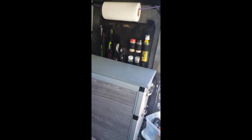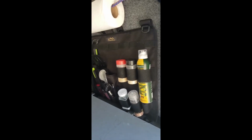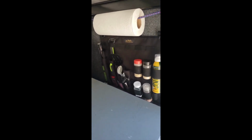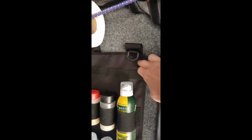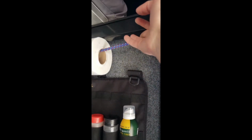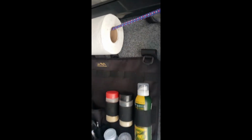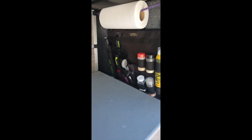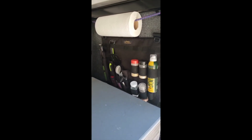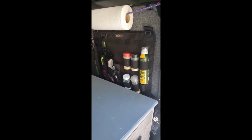All right, so there it is, hung up, just attached with Velcro in my instance because I have carpet back there. But again, it comes with little D-rings, little dowel spots. I mean, we thought about hanging it up under the lip of here off of this guy, but the Velcro works out really easy. But yeah, so then I can use it there, and then the second way to use it,